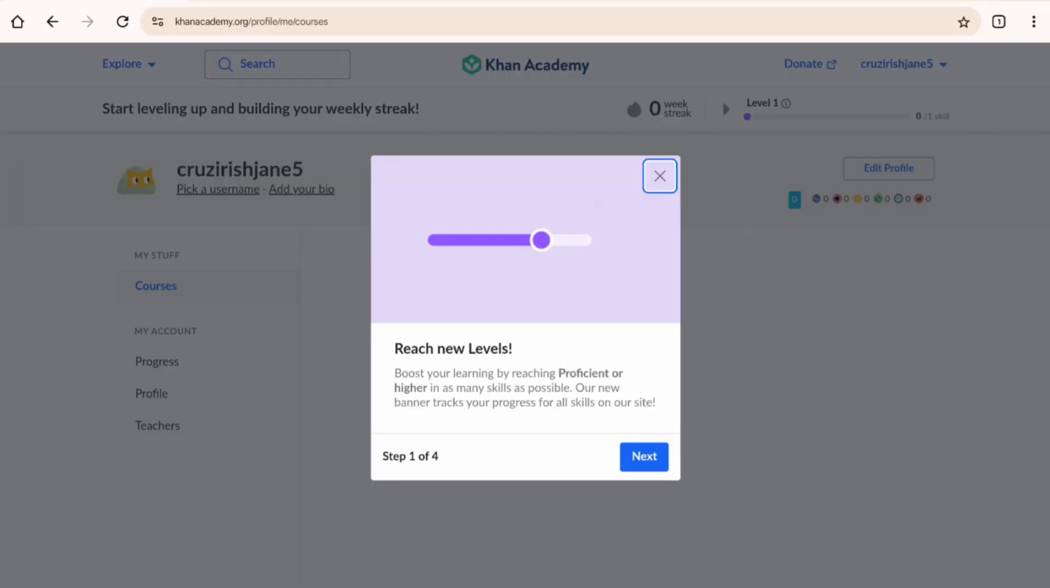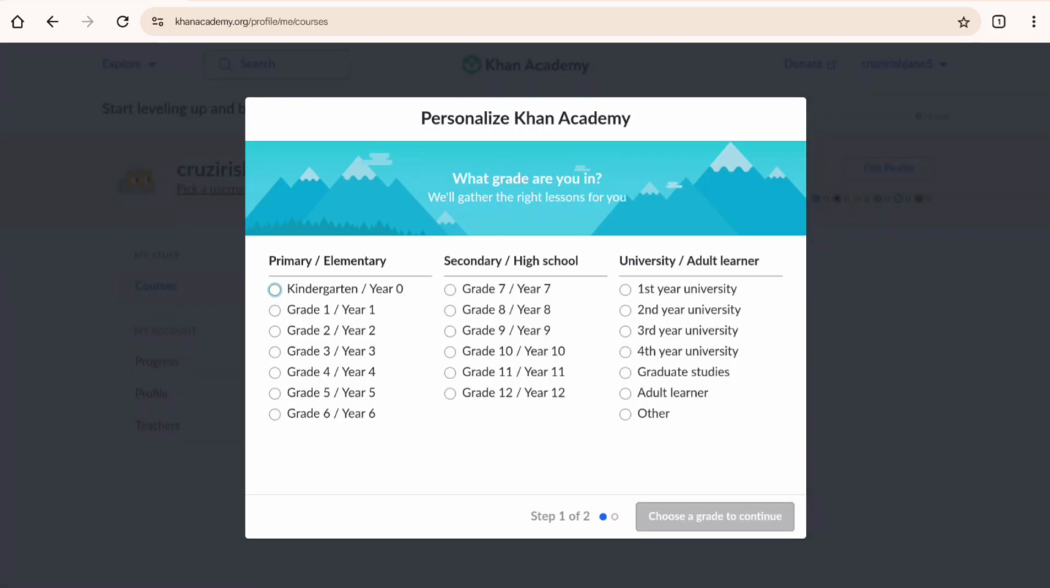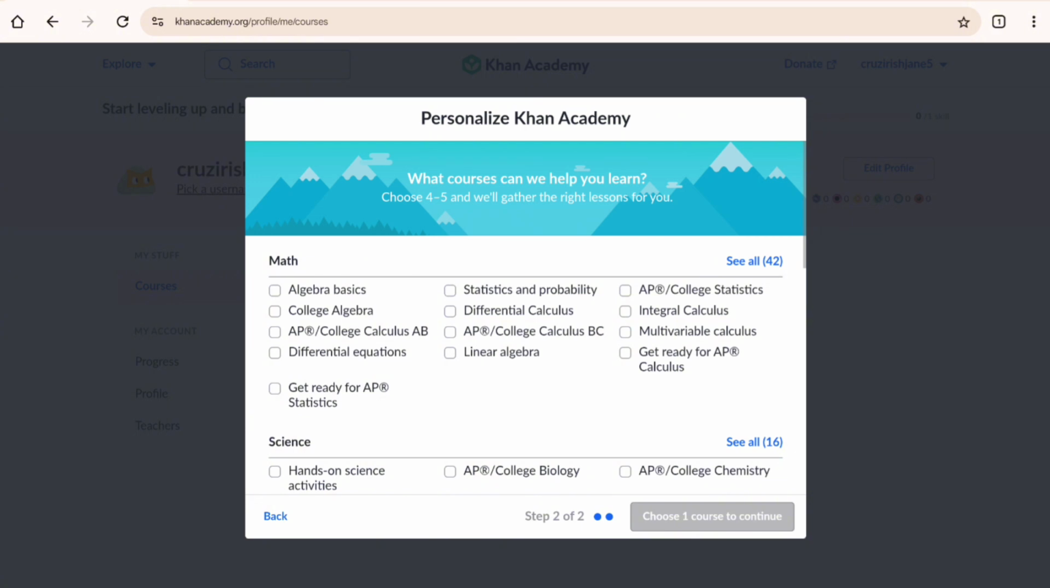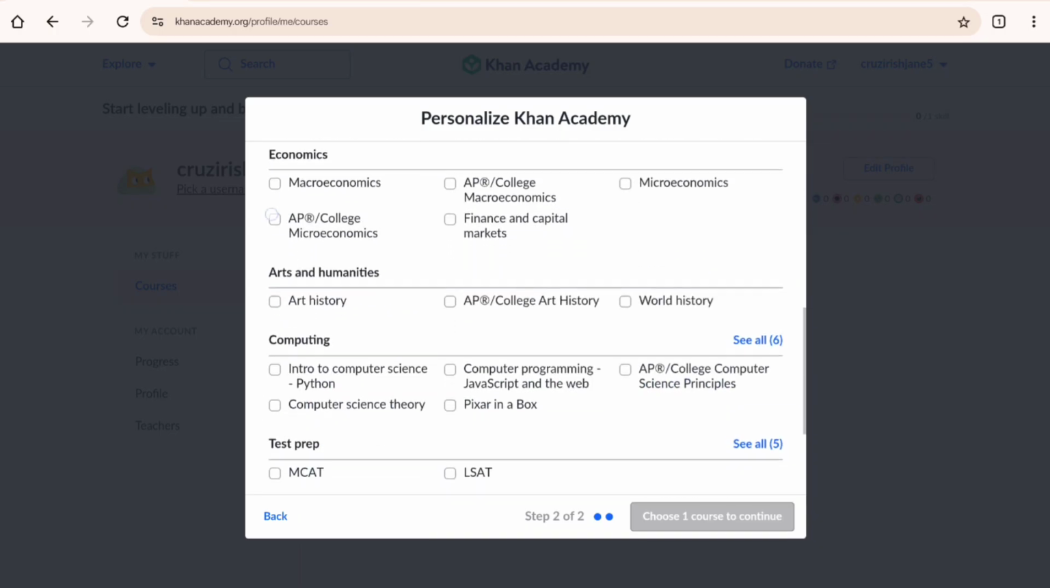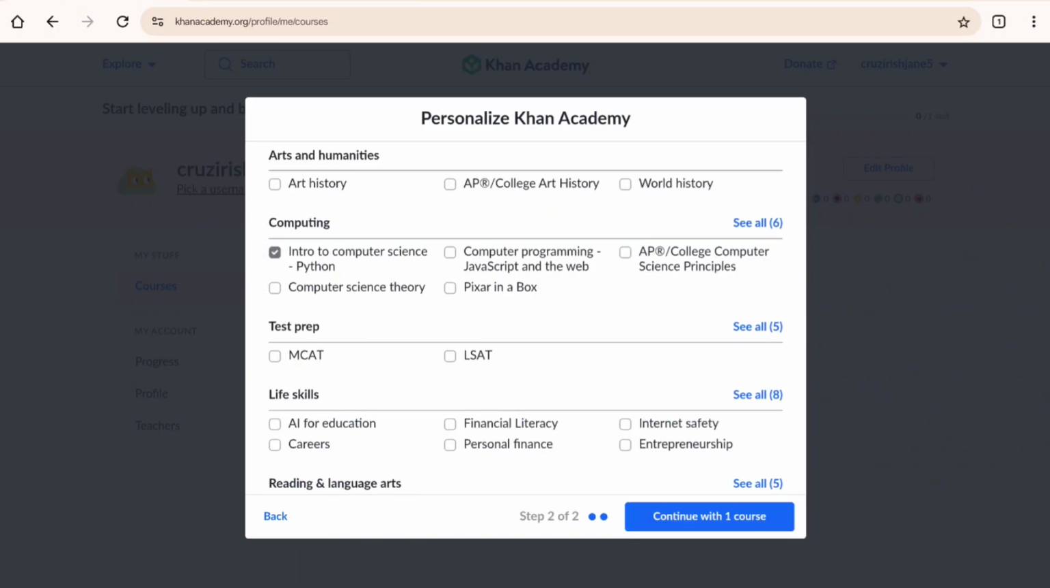page where you'll need to select the courses or subjects that you want to take on the application. So in here, make sure to choose a grade and then select the courses that you want to learn. So you can choose 4 to 5, and then Khan Academy will gather all the materials you'll need to learn